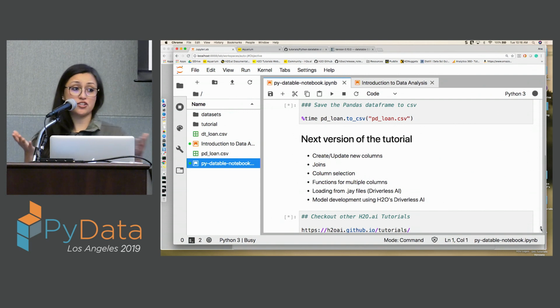Driverless AI, which Pasha mentioned. The whole reason that this library was created was because of Driverless AI, right? And Driverless AI is really fast. And so you can actually do all your data wrangling with datatable or pandas, and then create a .jay file and upload it to Driverless AI, where you can develop a model, and you can actually have machine learning interpretation of your models. So